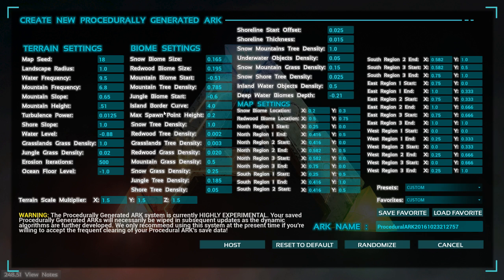Let me go over a few settings that I've changed since the video yesterday. I changed water to 9.5. That gives a nice bunch of lakes and whatnot. Not too much, not too little. Basically what you saw earlier in that last arc. And then, let's go with the mountain frequency, 6.8. You wouldn't want to go higher than about 7.5 or 8 on that, and you could go even down to about 4.5. It all depends on how